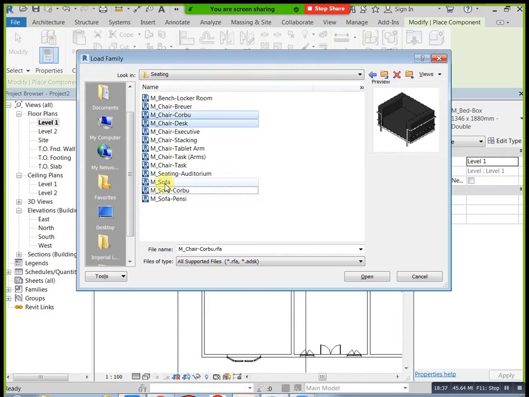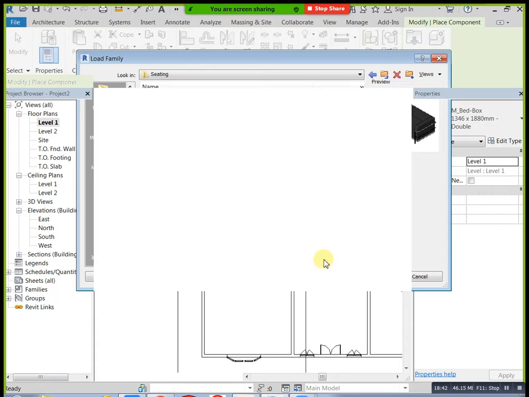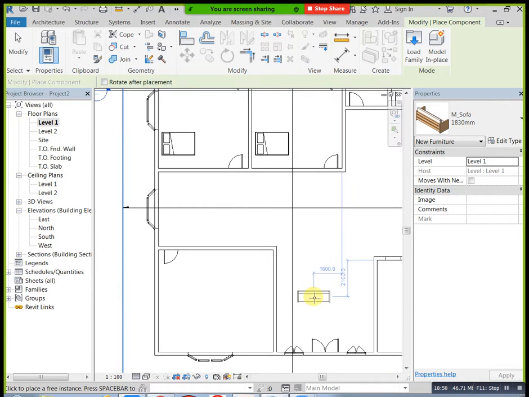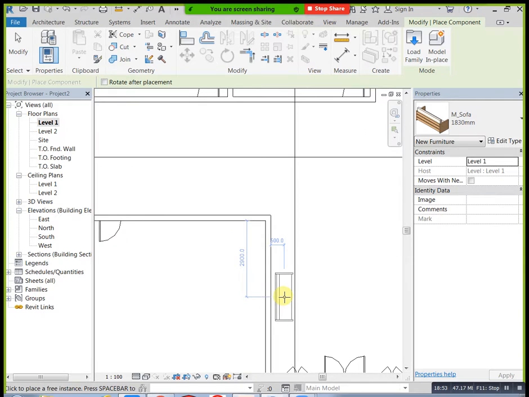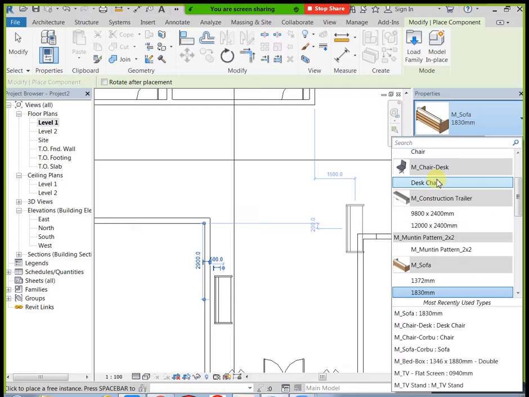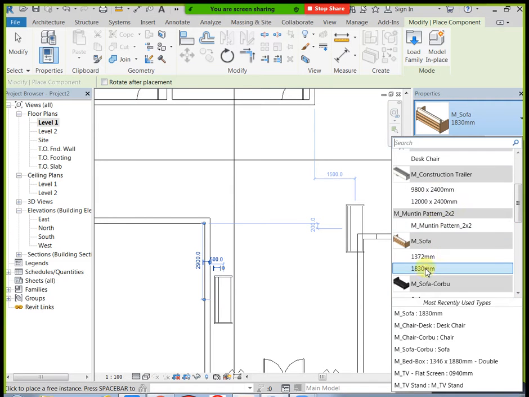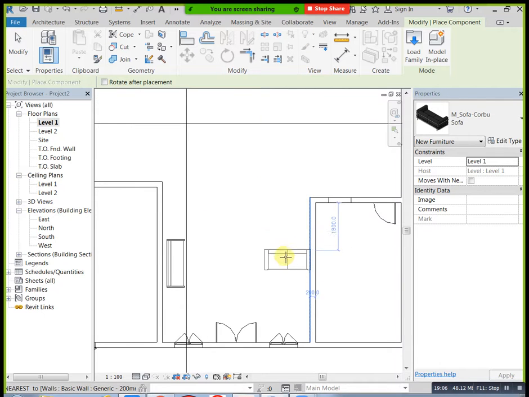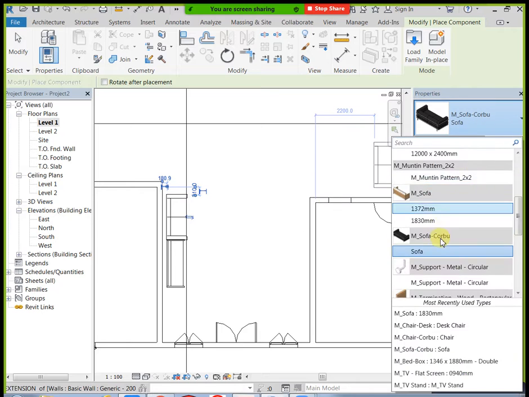For example, this sofa I can place here, at the entrance. And one more sofa is there now. You can place this on this side, same, one more sofa. Or otherwise you can place based on your requirement. I need this one, not this one, this chair, you can place one here.